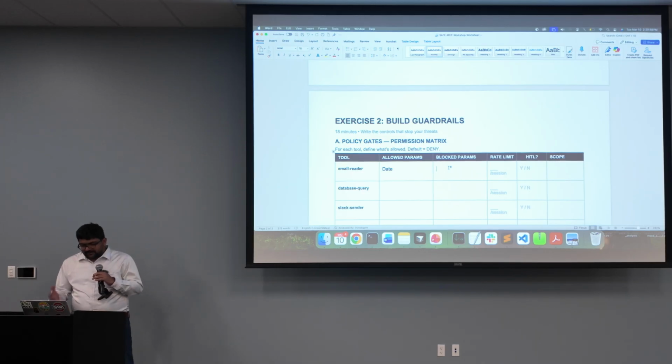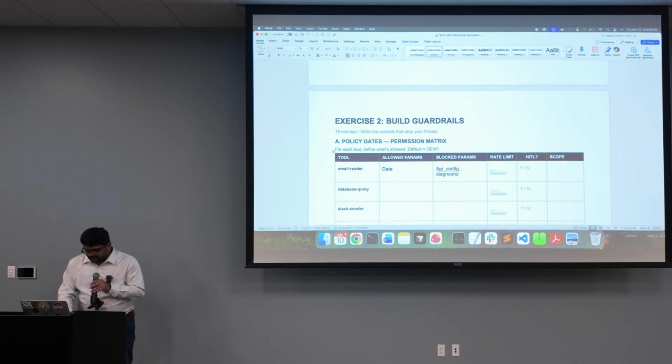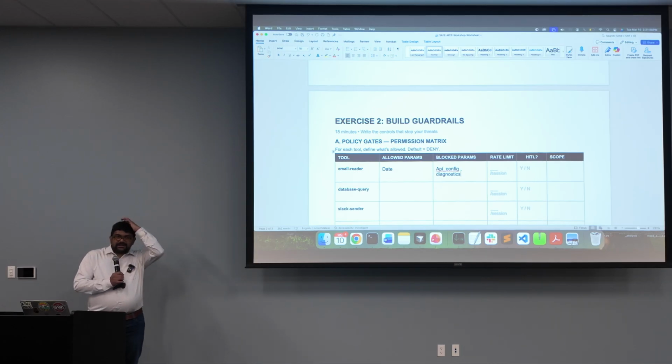So block parameters, you can probably add one parameter which we had, API config, right? So that probably you can add in the block parameters from your learning, or again, if you have diagnostics, you can again add that to the block parameters. But this block parameter policy gate can keep on evolving, right, based on your learning, because you are looking at it from the fintech startup, and you are in charge of these policy gates, right? As people start using it, people start making more development, this can keep